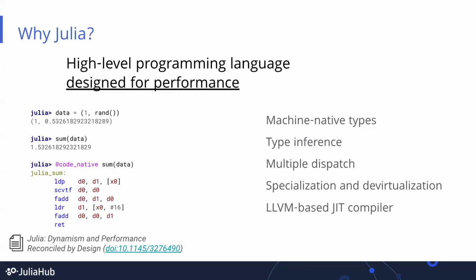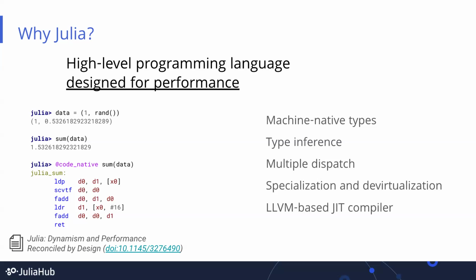Even though your program is entirely dynamically typed, so there are no types in here, the compiler will actually analyze the code and propagate type information throughout the program, such that it can use that type information to, for example, de-virtualize function calls. For the sum function, the compiler knows exactly which sum function we are calling,